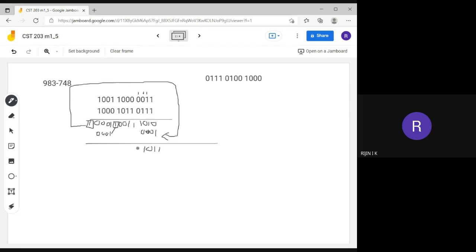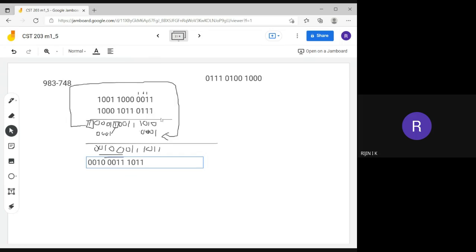Then here 1100. Then here 1 plus 1 is 0 with a carry 1, then 00. So this is the result. After performing the first addition operation, the result is 0010 0011 101.